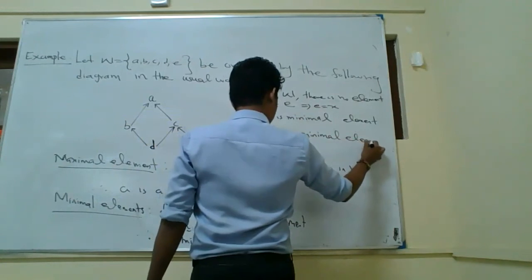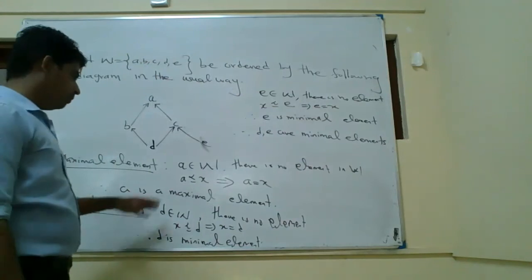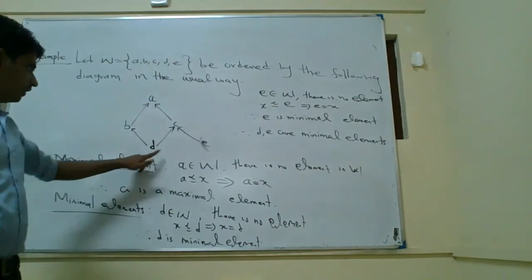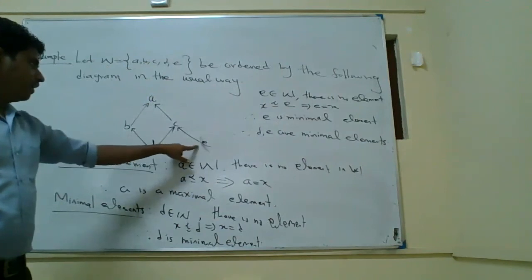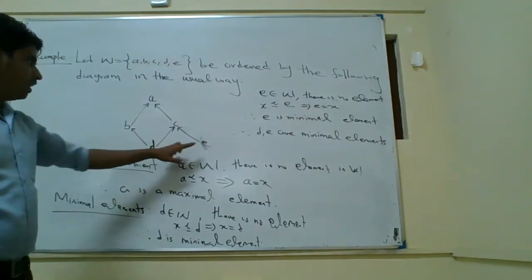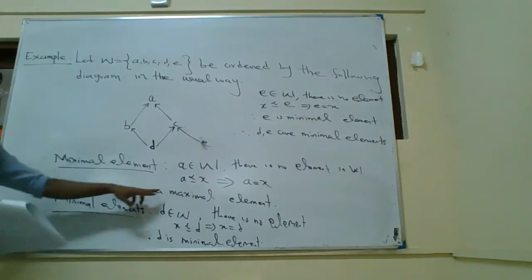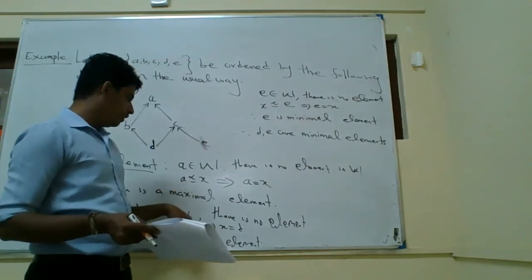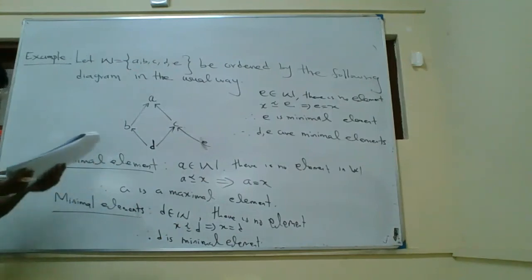The minimal condition is satisfied. There are two minimal elements and also one maximal element. It is considerably important. For A there is no element above it, therefore it is your maximal element. For D and E there is no element below them, therefore D and E are minimal elements and A is the maximal element. This condition is also satisfied: A precedes X means A itself, and X precedes D means D equals X, that means D itself.